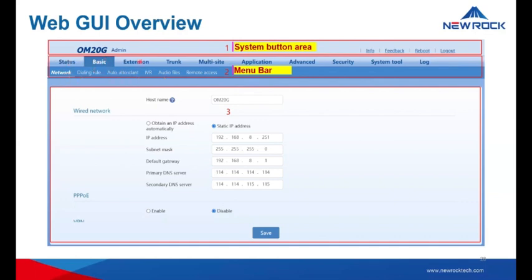Every menu bar shows a sub menu bar underneath. The third part is the configuration area, where you can view or modify the configuration. Upon logging in, we advise you to set a static IP, so you don't have to worry about the correct IP that you are using to access the device.